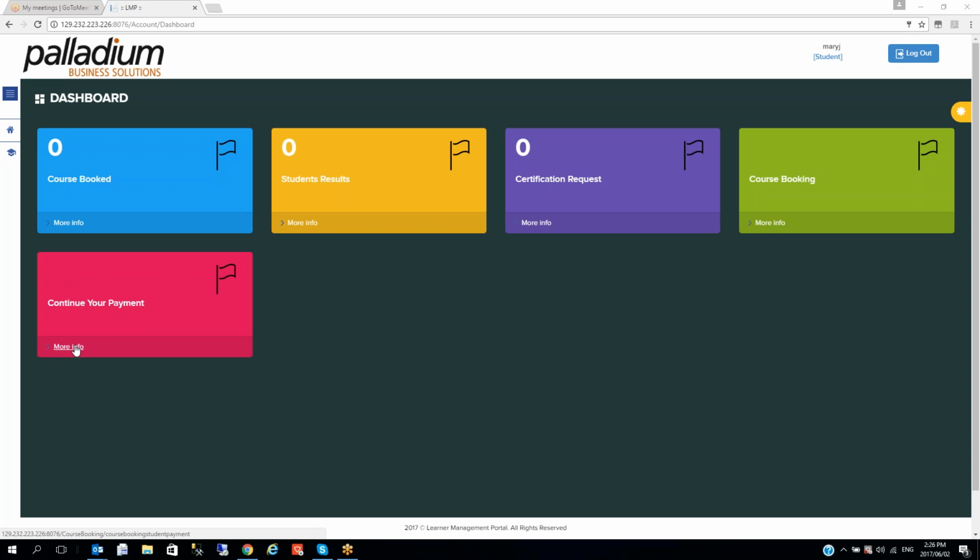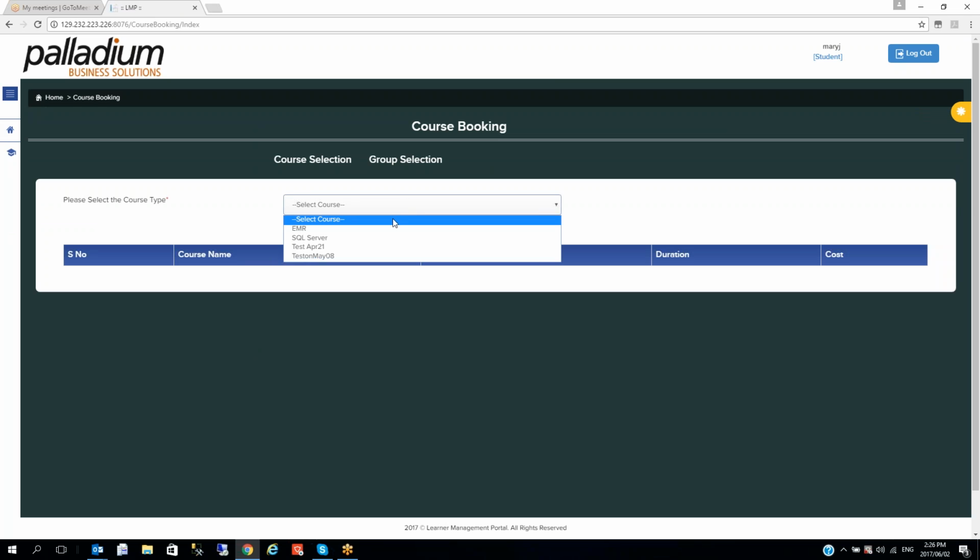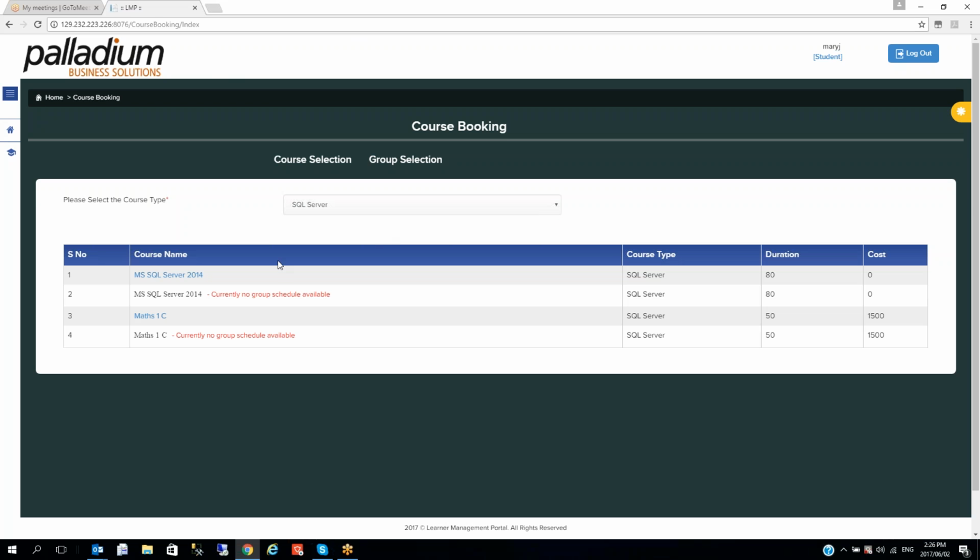So just to take one step back and look at the workflow. When a student books on a course, he says, okay, this is the course that I'd like to do. I'm not sure if I've got any set up. Okay. So he might want to do Math C. When he selects Math C,